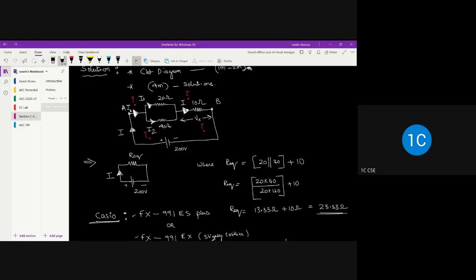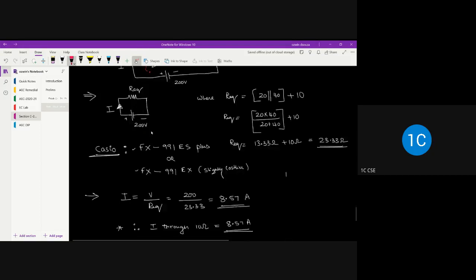So this is my main current, and this particular part of the circuit, I'm just putting it within the shaded region. Now this particular part of the circuit consists of only two resistors connected in parallel. So easily you can apply the branch current formula. So as per the branch current formula,